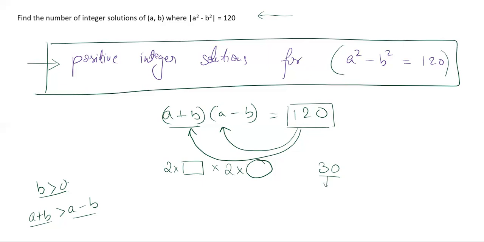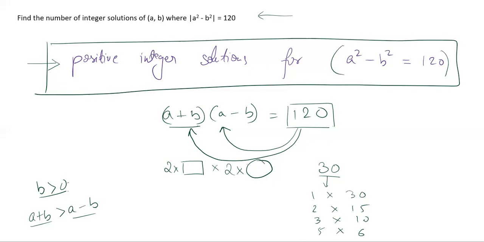See, whenever you distribute 30 as product of two factors, factors will always exist in pairs. It has to happen. That is one very interesting property of factors. In this case, you can brute force this. But if you check, the higher factor will always take up the position of a plus b, and the lower factor will always take up this position. So for example, if you distribute it as 30 into 1, the 30 will go here and the 1 will go here, right? So essentially what is happening is you have all the factors of 30, half of that can occupy this position, isn't it?